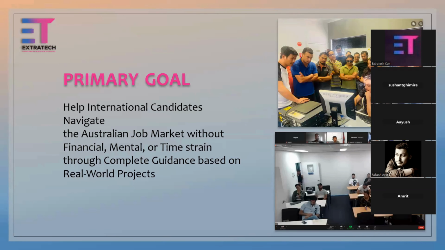And the program is devised to take care of the candidates in every single aspect, in both practical training as well as behavior skills. So in other words, our training program is going to enable you to develop both the technical skills as well as behavior skills to be able to become a good and valuable asset to the employers or companies who are looking to hire.